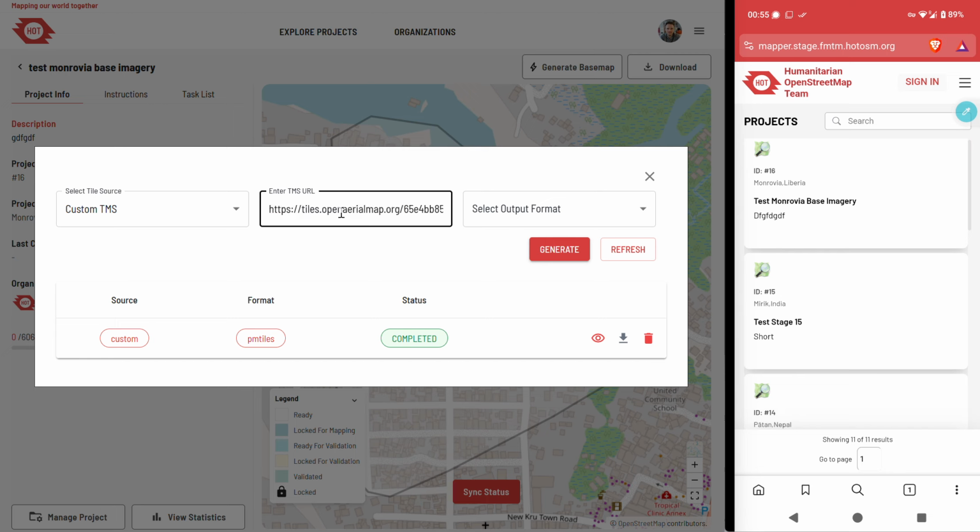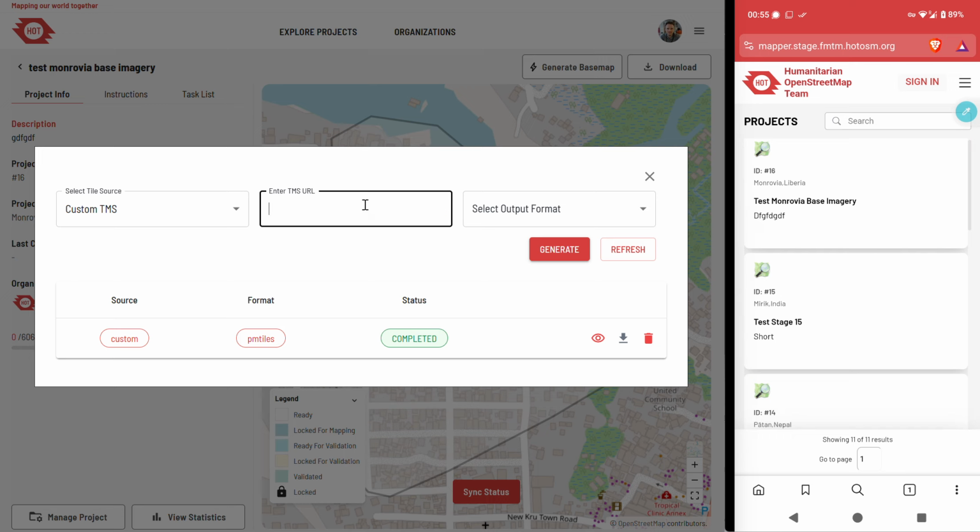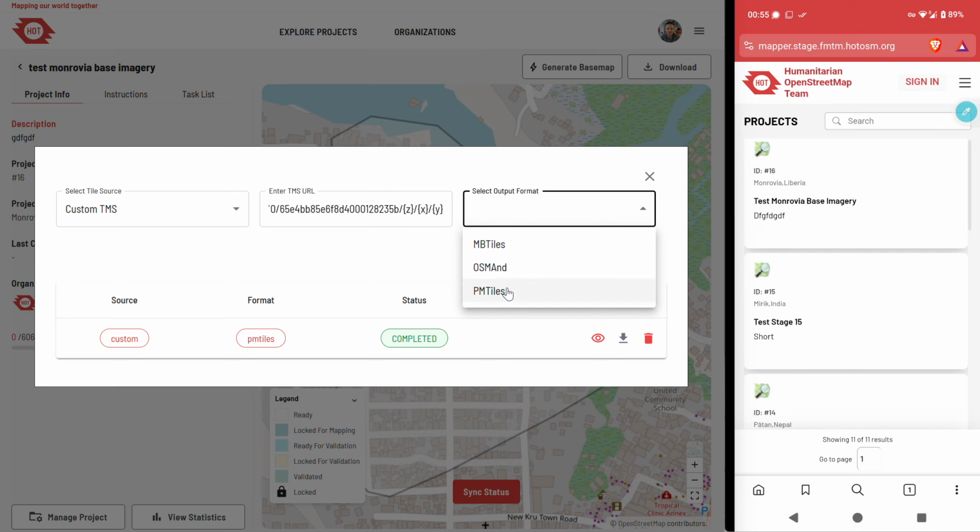I may wish to change this URL to generate imagery from a different tile set. That's also possible. You can select Custom TMS, enter your URL here, and select your output format. It is recommended to create a PM tiles archive format, which can be used for both the online and offline that I discussed earlier. So you click generate, wait for the tile set to be generated, and it will be